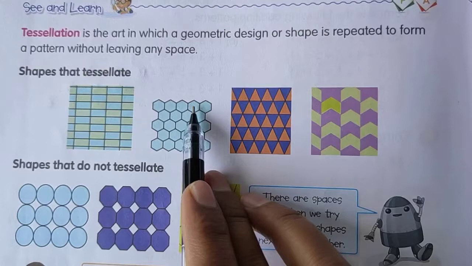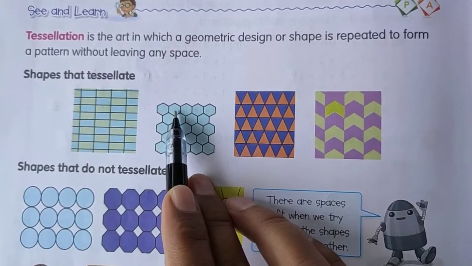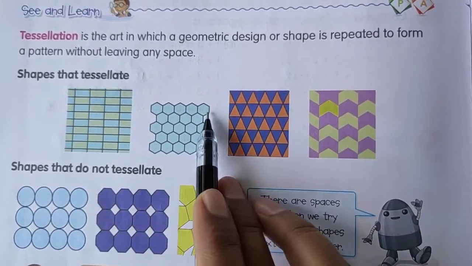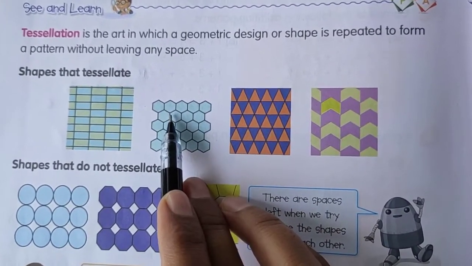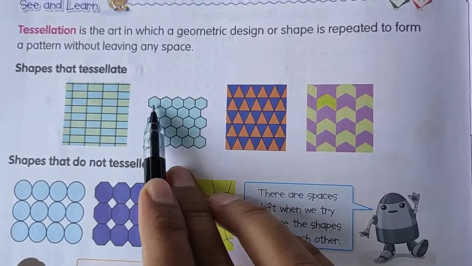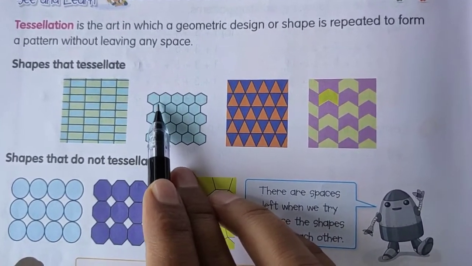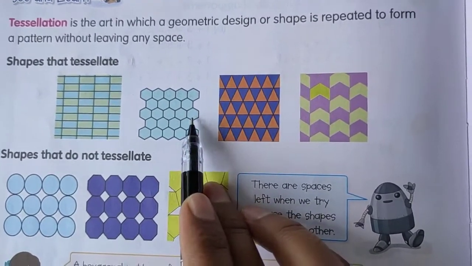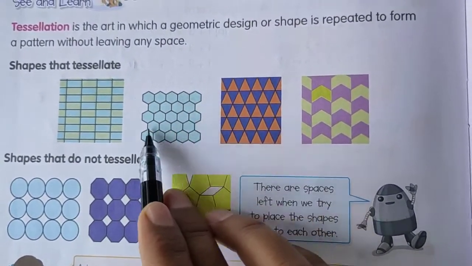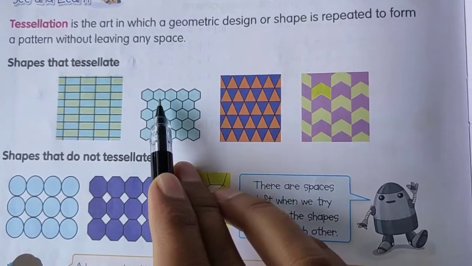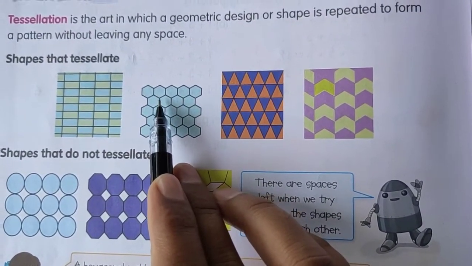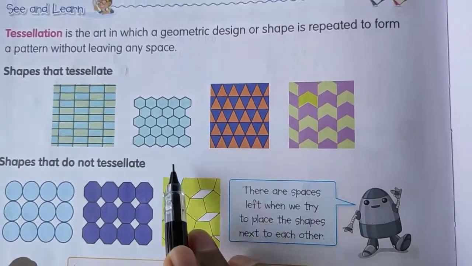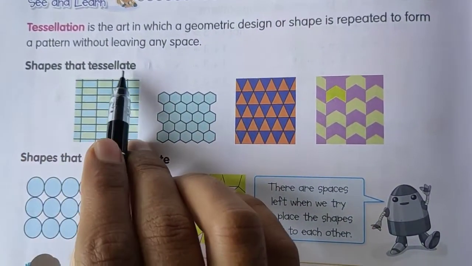And now if we arrange them, see, this is first, then second, then third, then fourth, then fifth. So when we arrange them, in between any two hexagons, can you see any space? No space is there. Okay, so whenever we arrange any shape like this without leaving any space between two objects or two diagrams or two figures, then we say it tessellates.